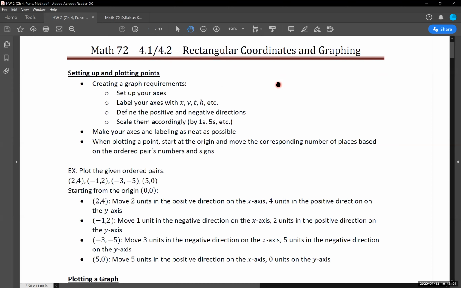sure everyone is aware of the requirements of what I'm looking for, how to plot and create graphs and things of that nature. And again, we're condensing this down into a single lecture, as it were, because I think both of these flow very well together in that regard. So we'll be covering all of these in one recording here.